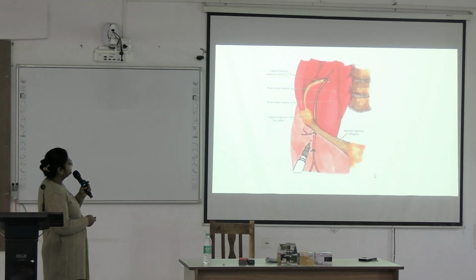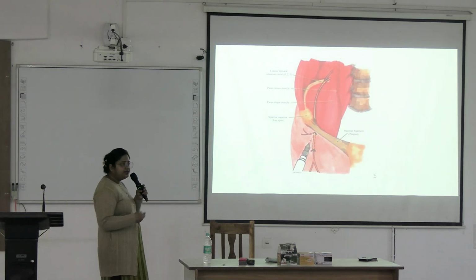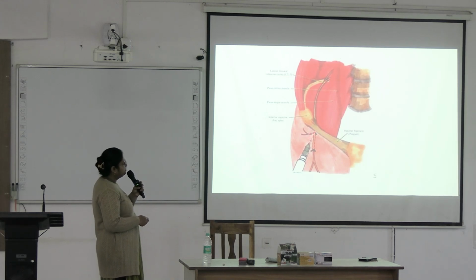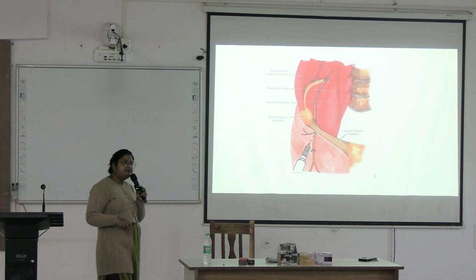Here this one is the lateral cutaneous nerve of the thigh. It is passing near the anterior superior iliac spine, entering into the thigh here. Okay. If you want to anesthetize this nerve, you have to push the injection near the anterior superior iliac spine. Okay. And then it is dividing into anterior and posterior branches, and going to supply the supplying areas.